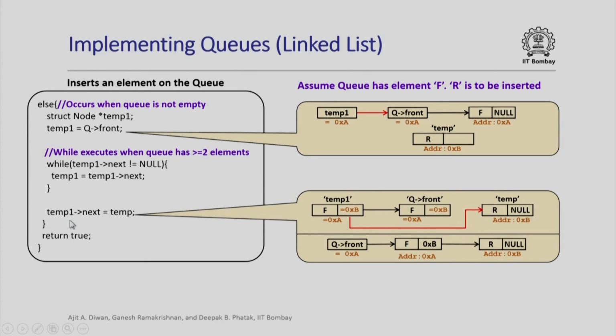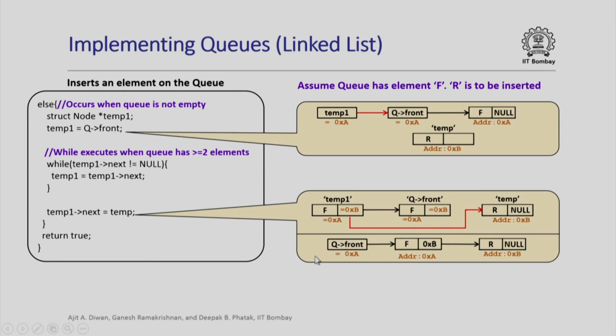So, I will not execute the while statement, I will simply come over here and assign the temp to temp1 dot next. Here is where the utilization of my temp1 and temp comes out. Remember, temp contains the new element to be inserted. Now, when temp1 is currently this, I need to actually move the queue front which was f to point to r. So, notice how I am doing it. Temp is now given the value temp1 next and I will return true.